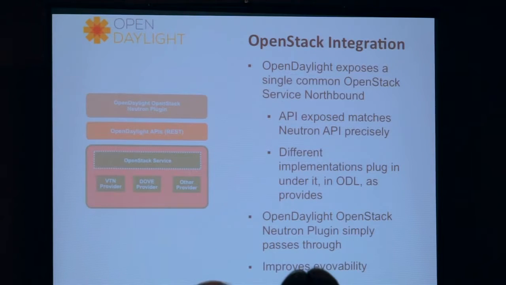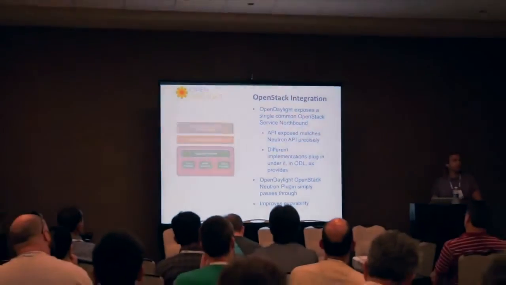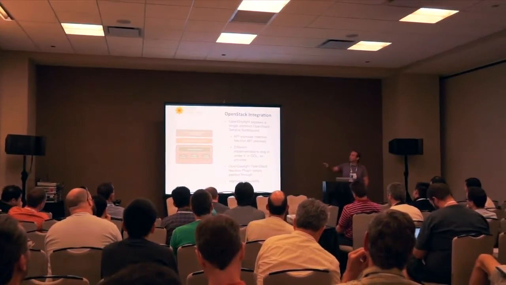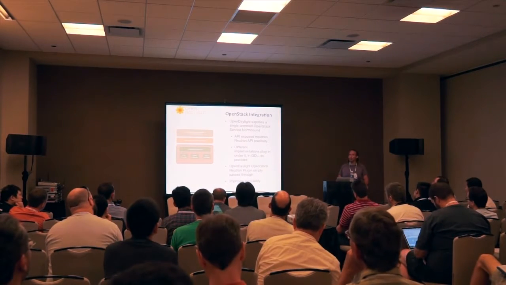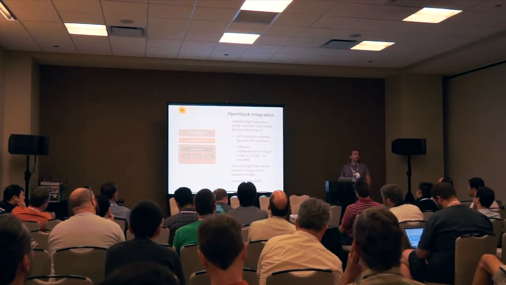So for example, VTN has a notion of virtualizing networks. OpenDove has a notion of virtualizing networks. They're going to be applicable depending on the underlying capabilities of your network. Whether you need VXLAN because you don't have OpenFlow throughout your data center, or if you decide you would like to use OpenFlow throughout your data center in order to control things. That shouldn't be the concern of people having to provision your OpenStack. They just want their virtual networks. So this is the problem that we solve inside the controller by having different providers available depending on what the network operations people have deployed in their network.